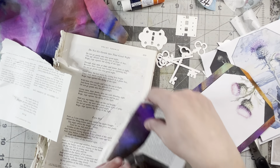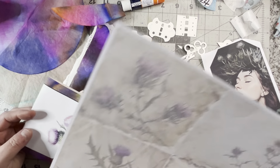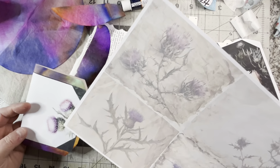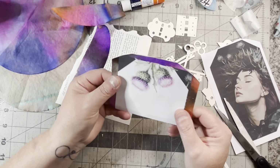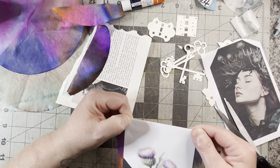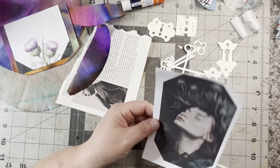And I think we'll leave that like this is. I was going to make a little booklet out of it, but I don't know that I want to do that. I do think